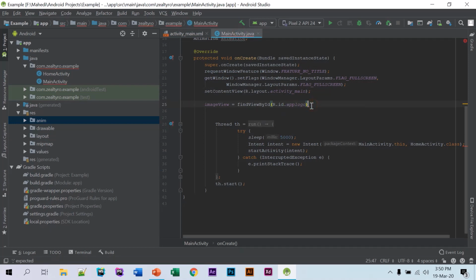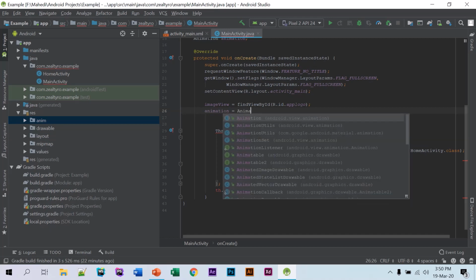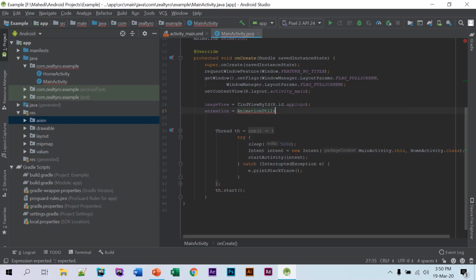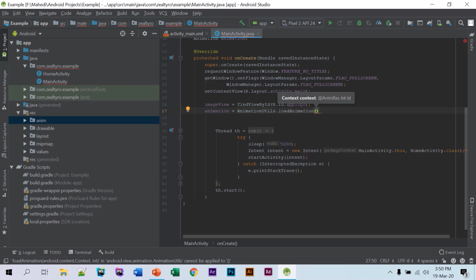Then the animation here: AnimationUtils.loadAnimation.